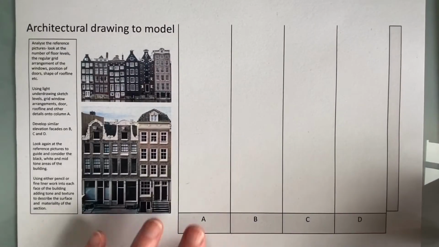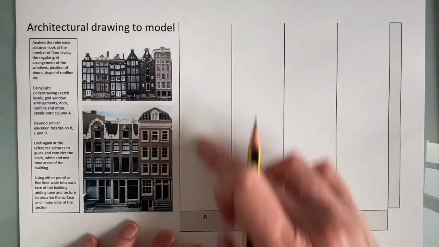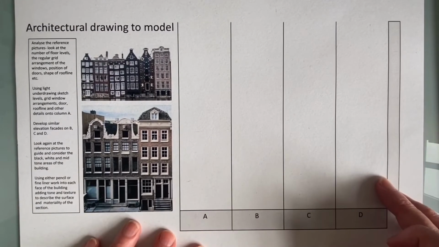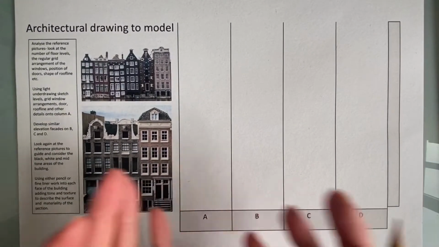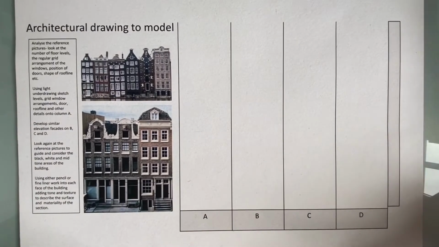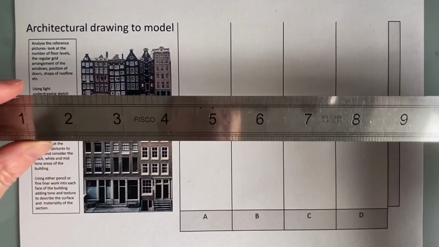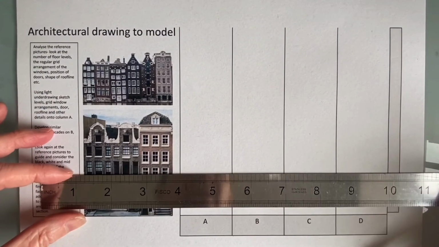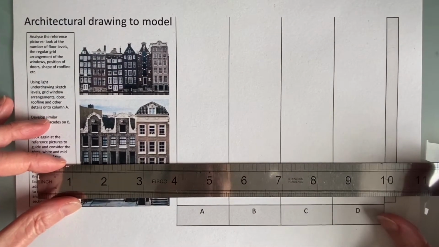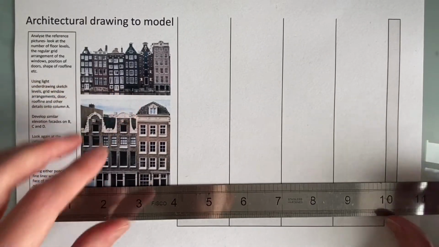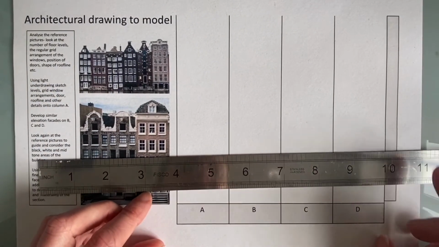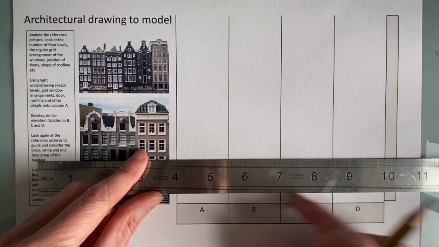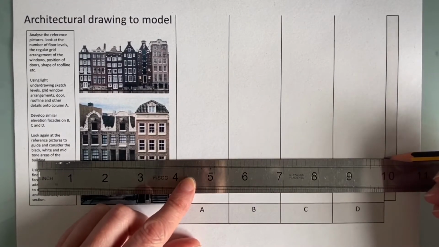So we're going to start developing our design and we're going to really focus on column A. This is going to become the profile of the building as you fold it up into a little model. In effect, it's going to be a net. So I have a ruler, but we could use a strip of cardboard that's cut as parallel lines. I'm not using it to measure, I'm using it for parallel lines. Now, the ground floor, if agreed, on some of these is a little bit larger than some of the subsequent floors. So I'm going to position my ruler, trying to create that roughly parallel with the baseline, and draw a